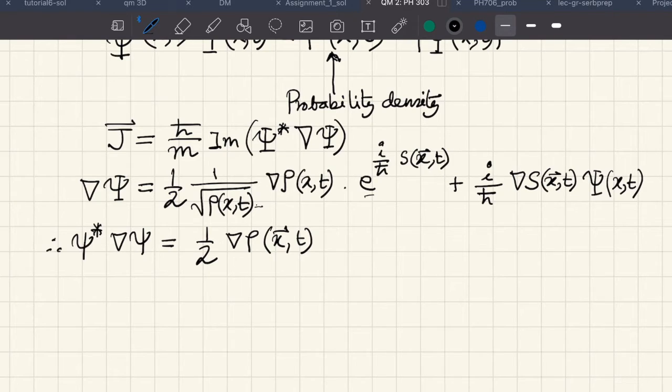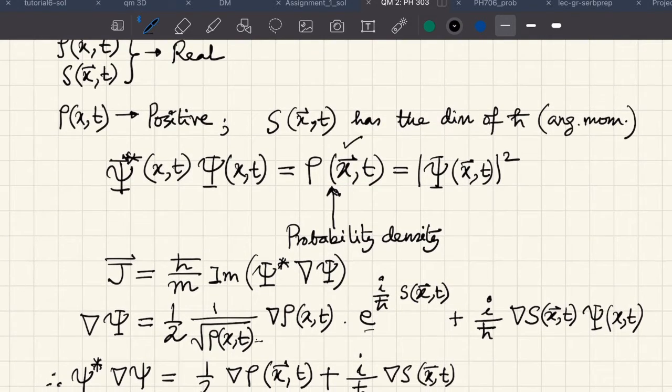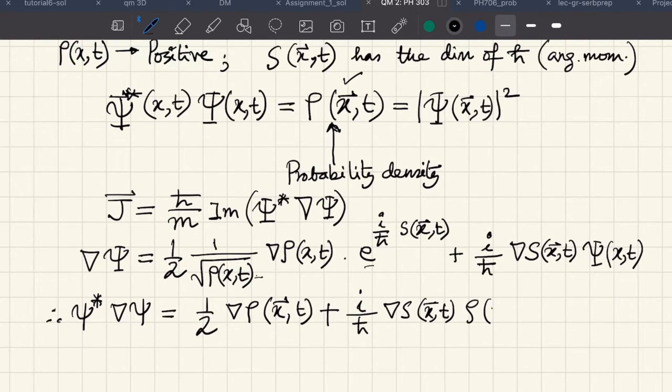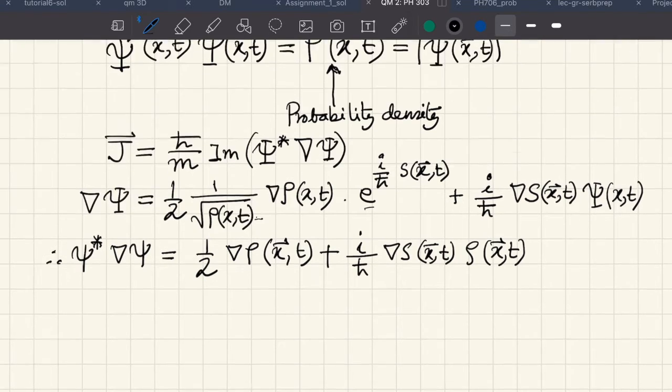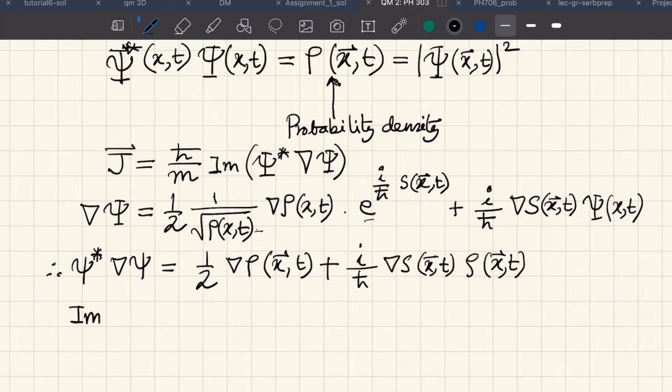So the first term will simply be half of the gradient of rho, plus i by h bar gradient of S, which was already there, and then we have psi star psi. As we have already seen, psi star psi is rho of x,t. That's it. If you take the imaginary part of psi star grad psi,